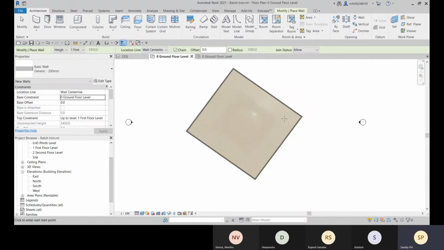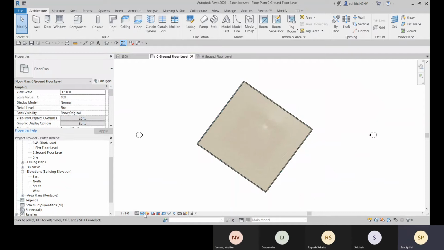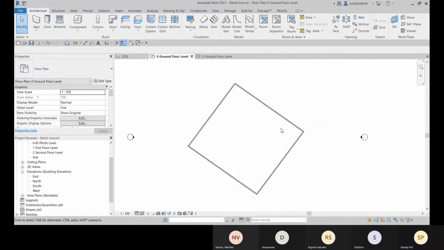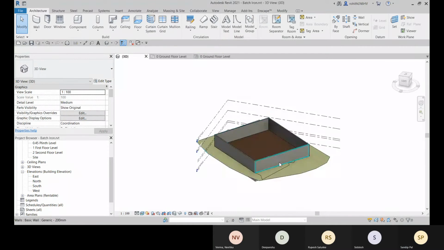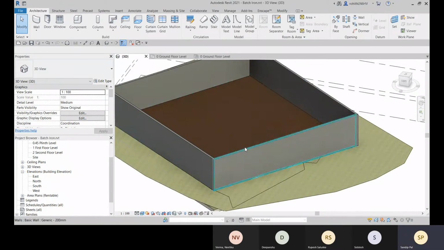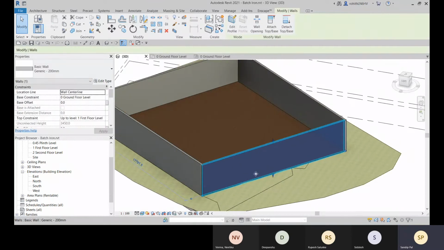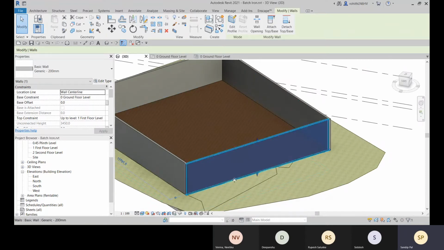And suppose if I have any opening, like there, I will not place any door. Just an opening is there. For that, I can select this wall and I can create a wall opening.